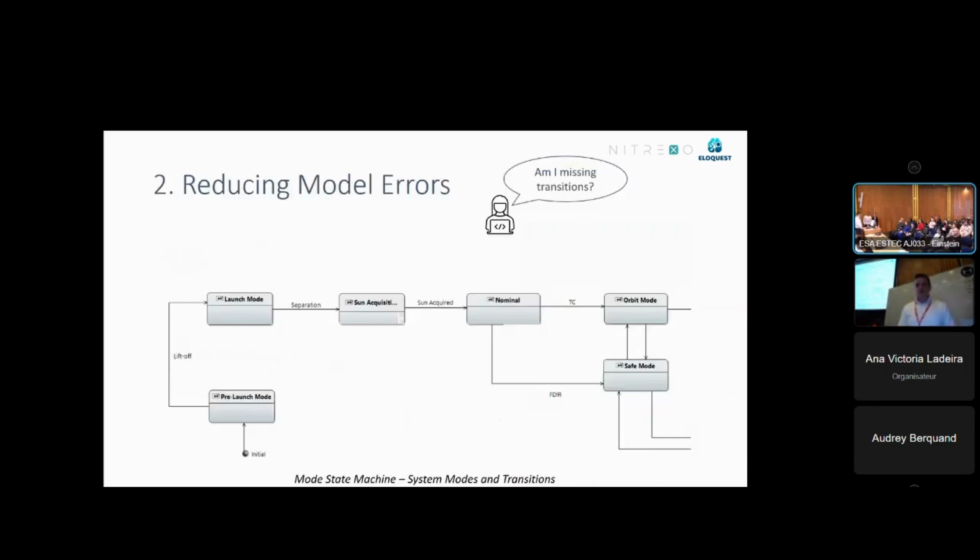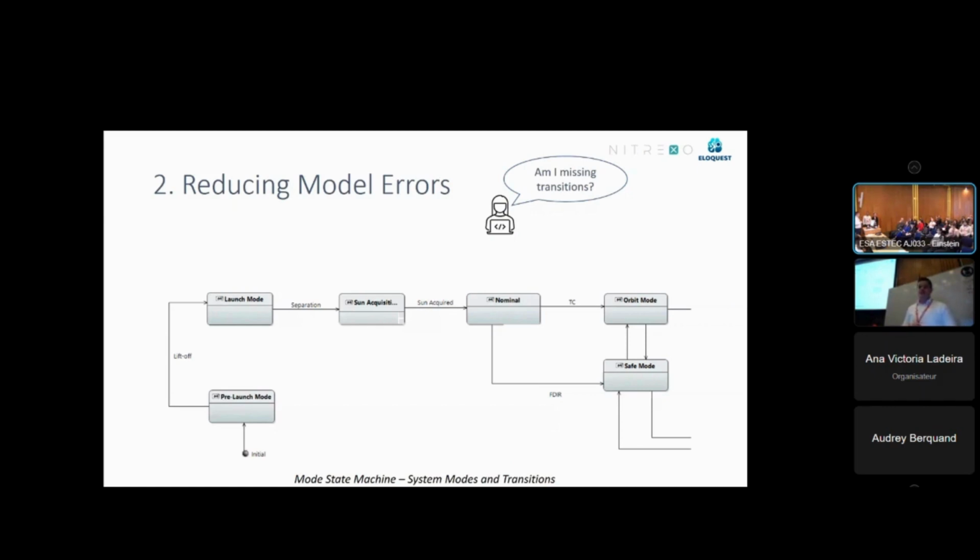Second one, another application for large language models here is reducing modeling error. So if there's any space systems engineers in here, tell me what's missing, what have I not modeled in this diagram? The diagram is a mode state machine, so we're modeling system modes and transitions. We have a pre-launch mode, launch mode, separation mode. Anyone spot what I haven't modeled? Landing